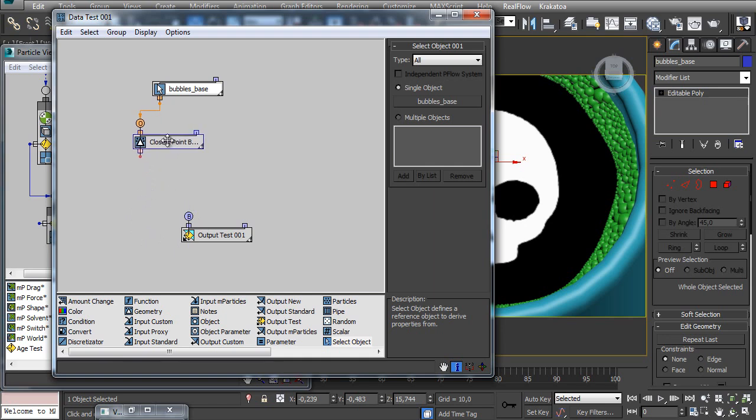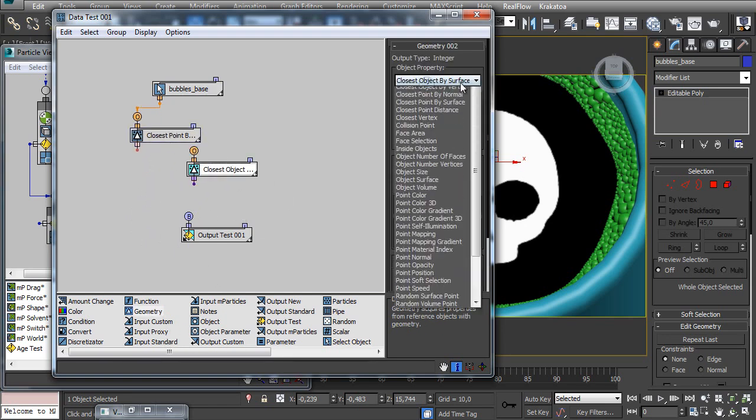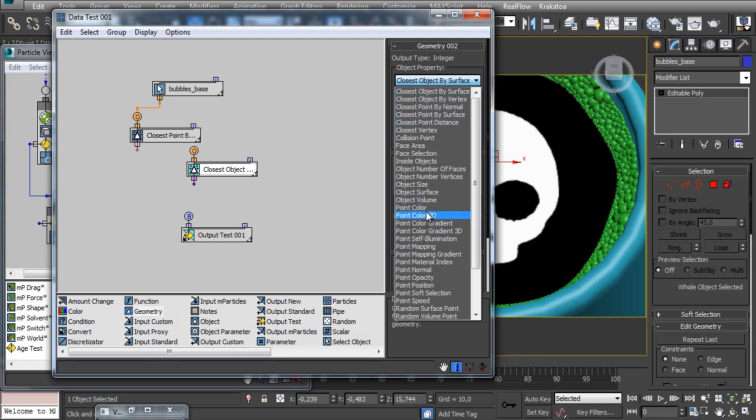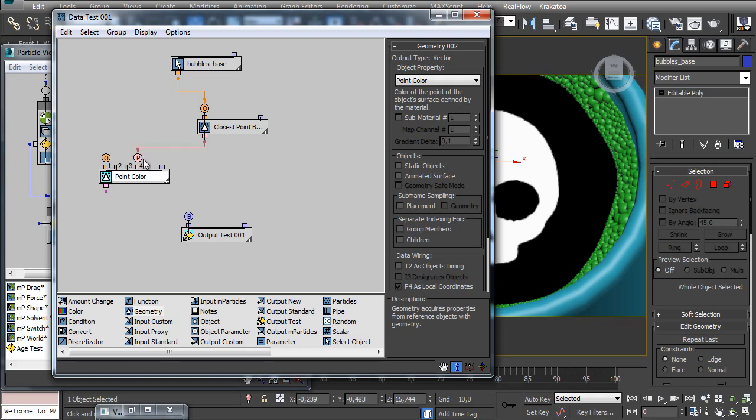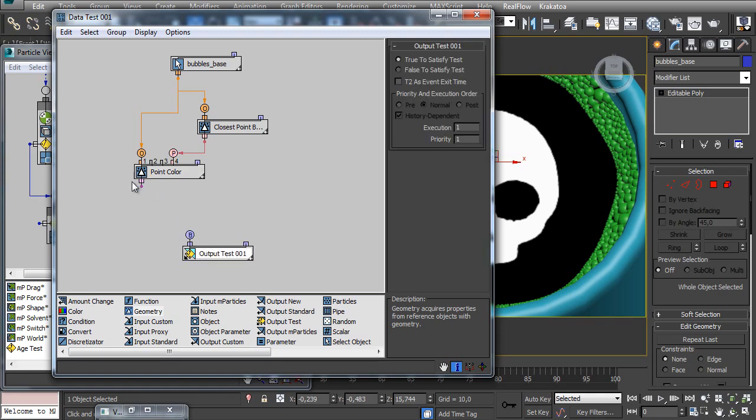Now we have to get another geometry and specify that we want a point color, so we can link this point to this point and this object to this object. Now we have to output this, but the output test accepts only Boolean when we have a vector. So we can use a function here